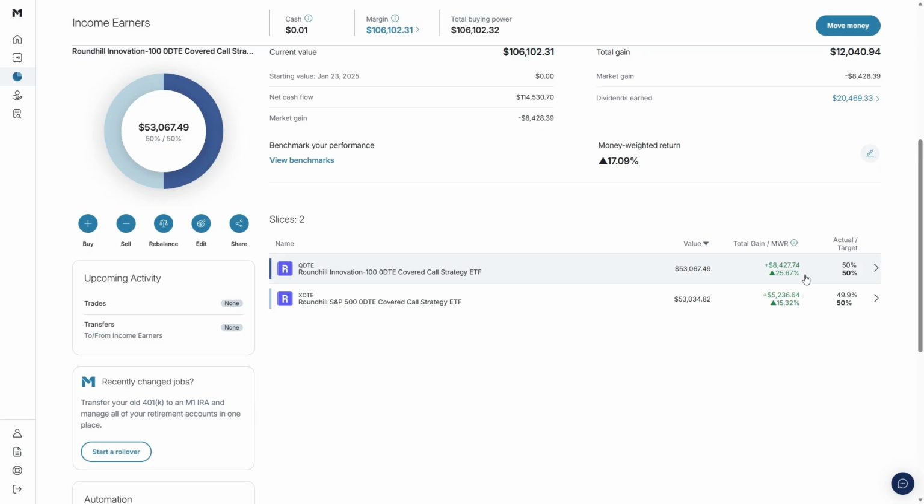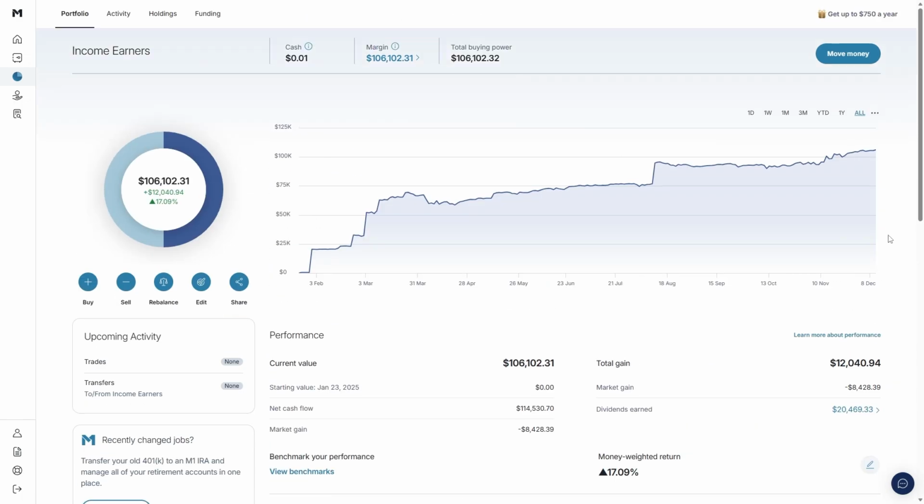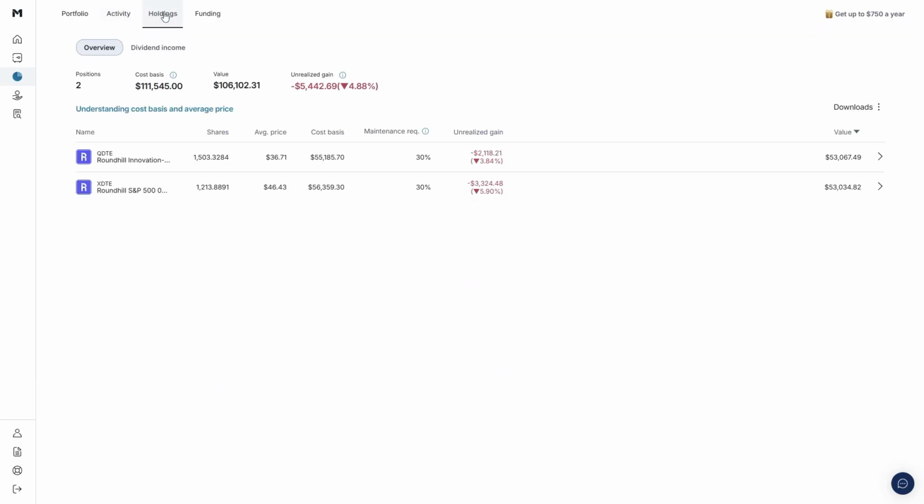And then the XDTE, or that S&P 500, is up around 5,200 or around 15% overall. Again, looking at either of these, they have been performing incredibly well. Don't know what it's going to look like in a down market, but they haven't seen an incredible amount of NAV erosion overall. And when we start breaking it down, I want to show you what it looks like up here with the activity and really the holdings,